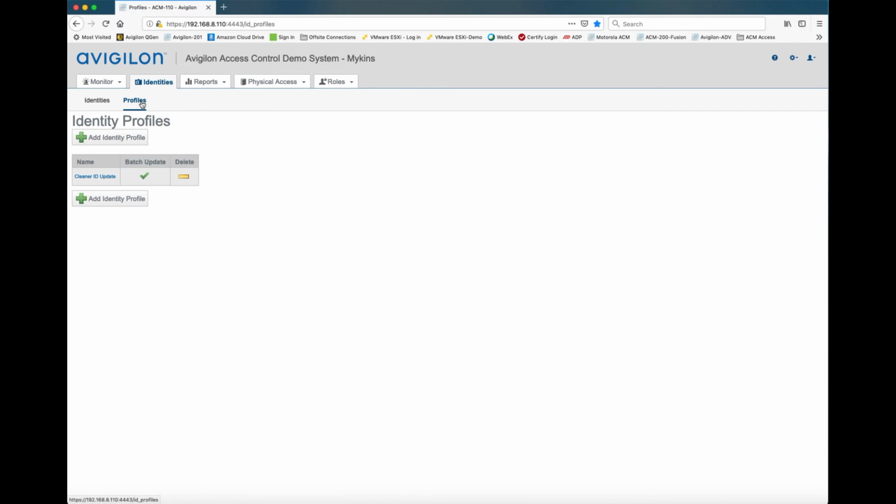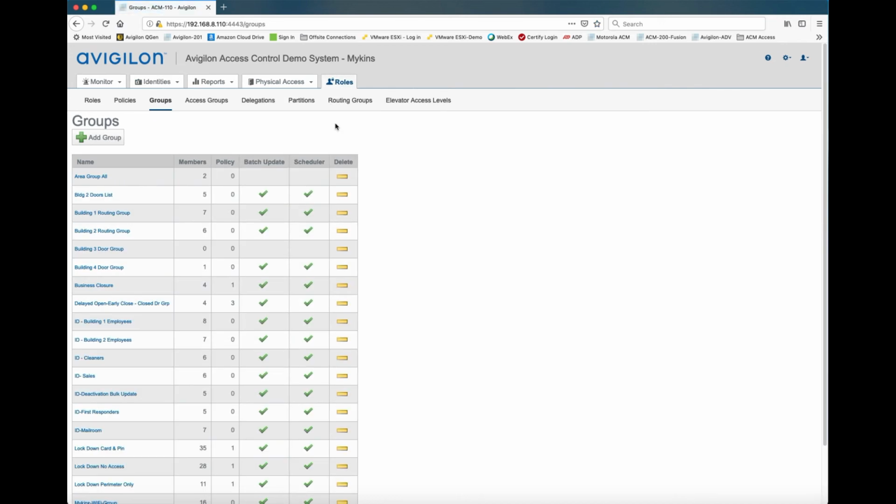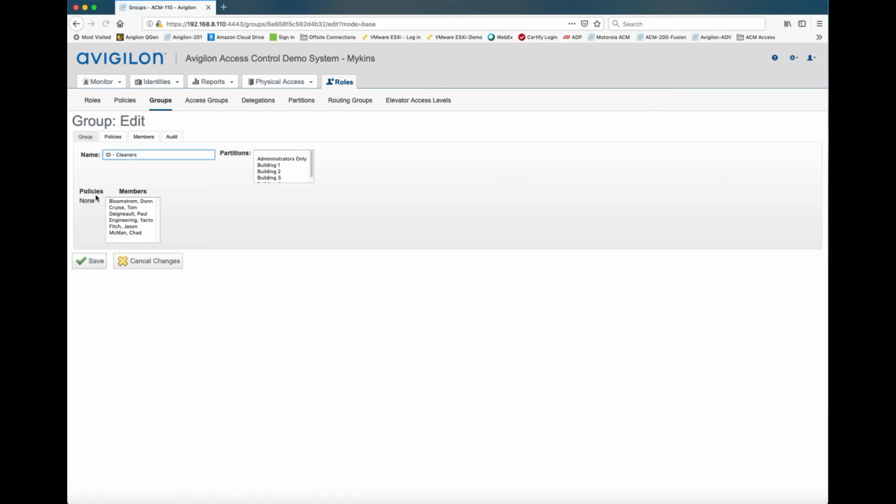The next step in the process is to go to the roles section, and under roles you're going to see groups. I'm going to click on groups. I've already pre-created a group. It's called ID Cleaners. I always start groups of identities with the two letters ID. That way, when I'm looking at my groups, if I have groups of doors, groups of panels, things like that, if I have identities in a group, I know it starts with ID, so I know that's an identity